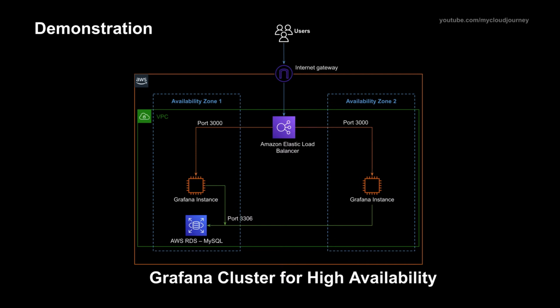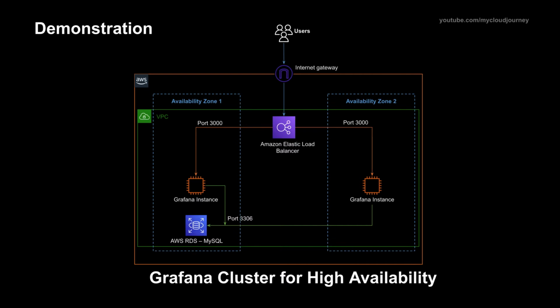Second, Grafana by default uses an embedded SQLite database, and in that video I explained how to provision and configure AWS RDS MySQL details in the Grafana configuration file. And today in this video, I am going to explain with a live demo how to set up a Grafana cluster for high availability and to handle a large number of user requests.